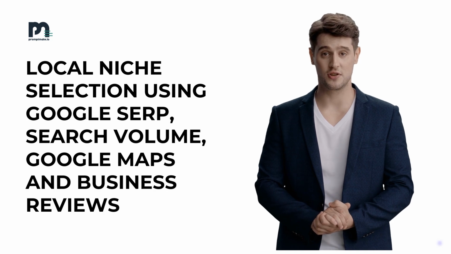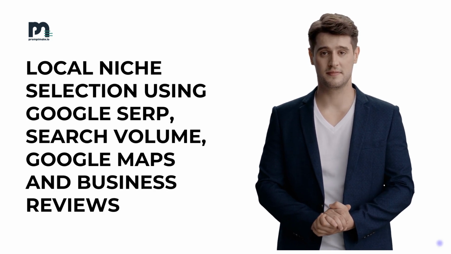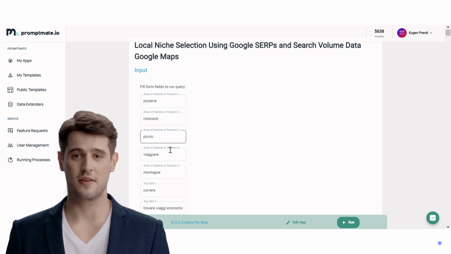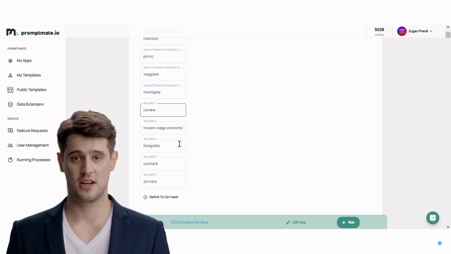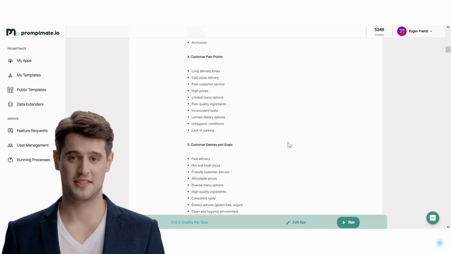Local niche selection using Google SERP, search volume, Google Maps and business reviews. Start by adding your top 5 areas of interests or passion and 5 top skills you own. Then click on Run. Once the results are ready, you will be able to check the analysis and the local